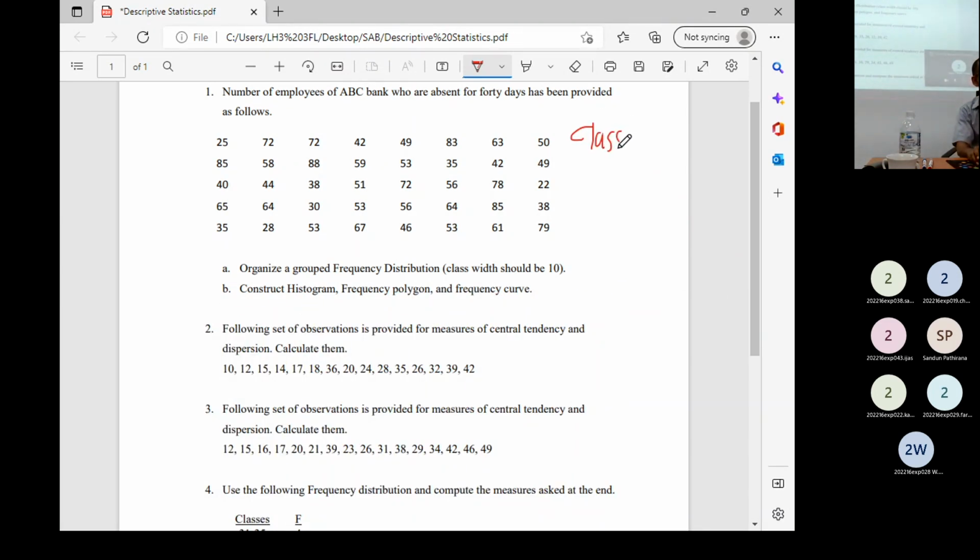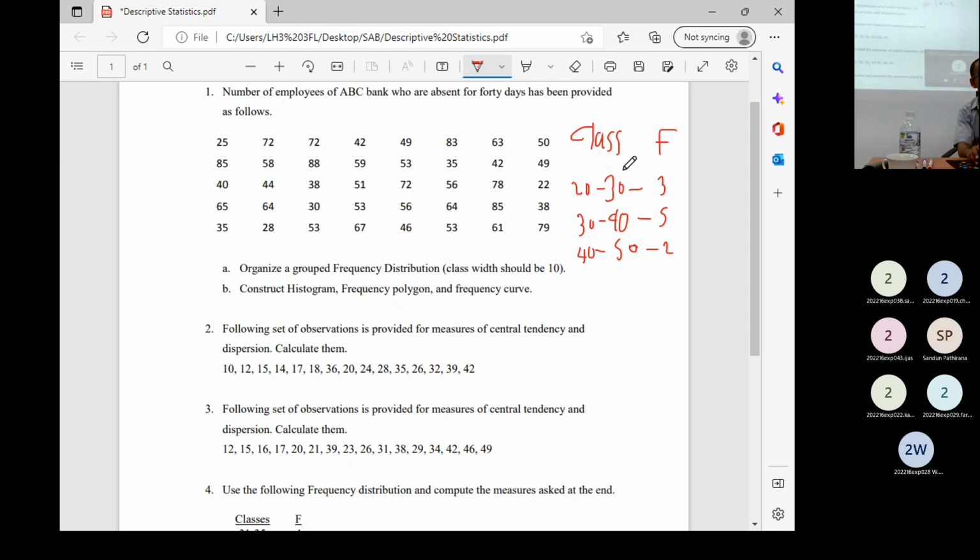Example, class and frequency: 20 to 30, 30 to 40. You can decide the class range, whatever the class range. 40 to 50. Like that, this is group. This may be 3 times, this is 5 times, this is 2 times, like that you can take. Right, this is group frequency distribution. How do you interpret this? 20 or more less than 30, 30 or more less than 40, 40 or more less than 50.